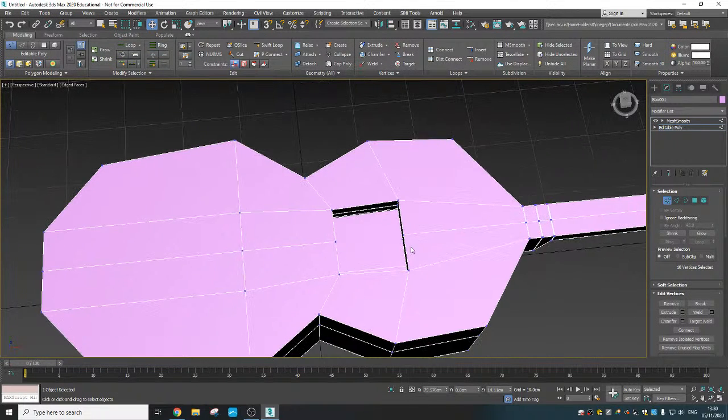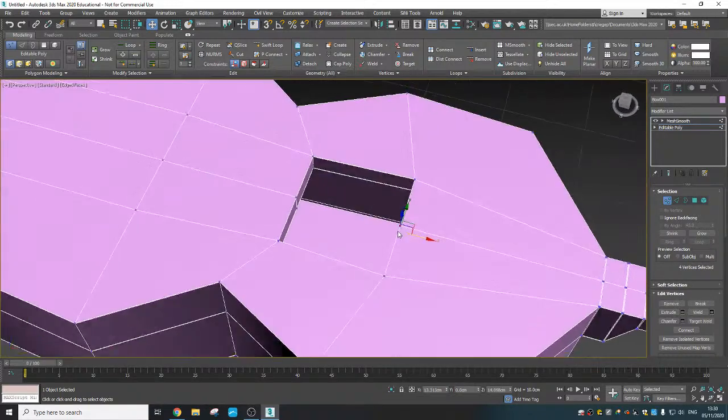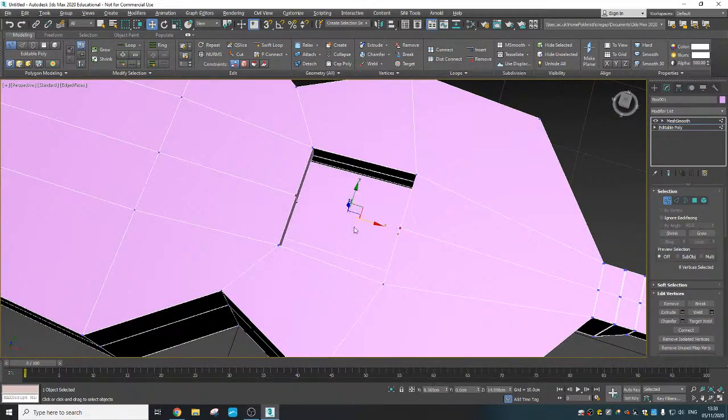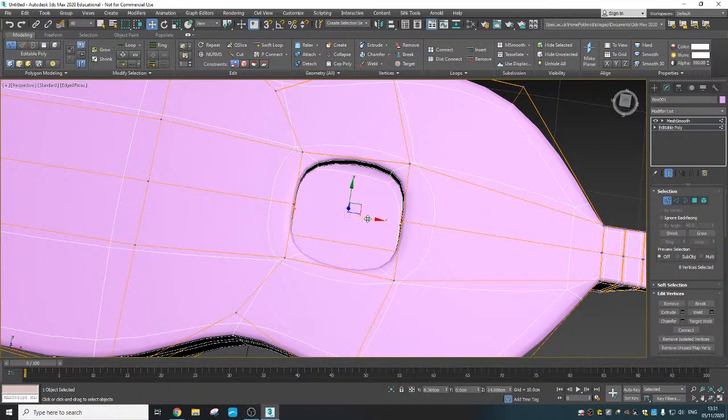and what I want to do is select my vertices here and here, so use control to do both of them. I'm going to also say show end result, that's here under your tab section, show end result, and then I'm going to go into scale mode, and I'm just going to scale it out a bit,